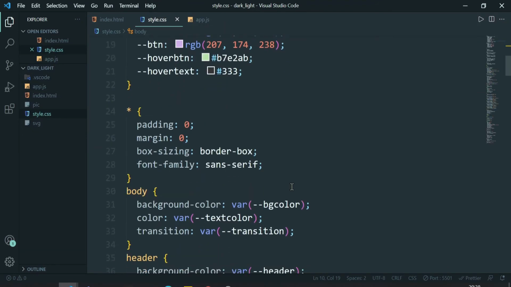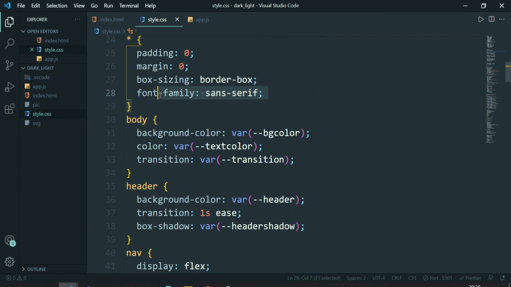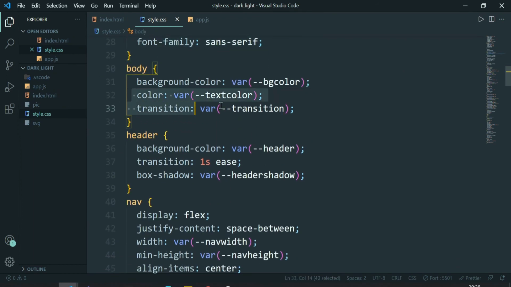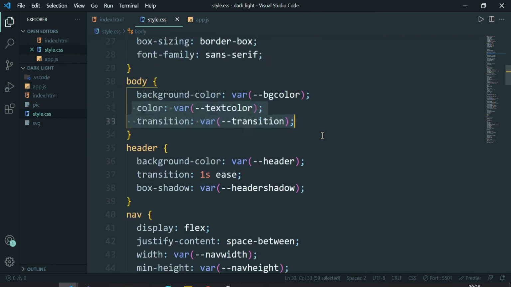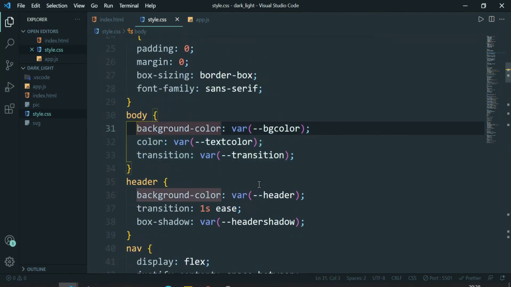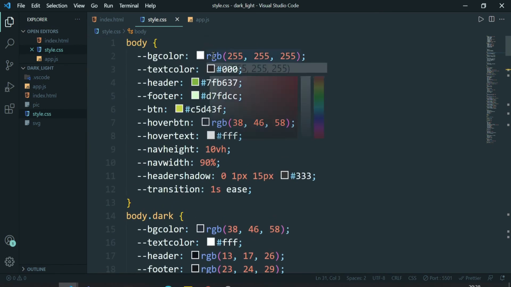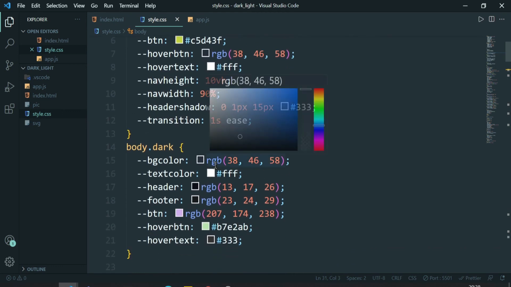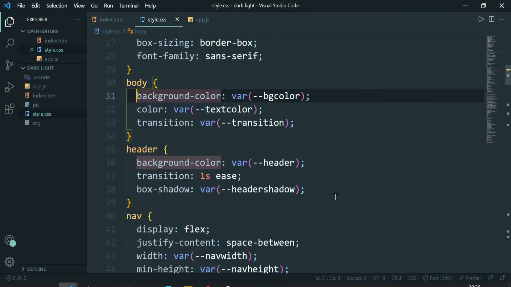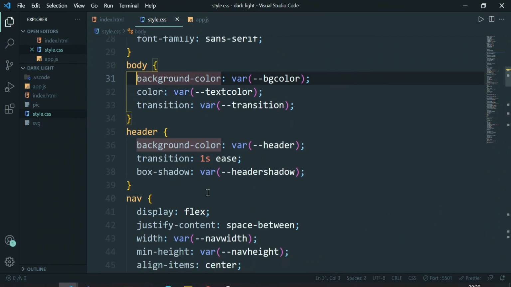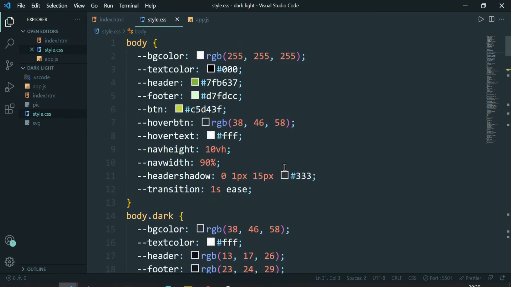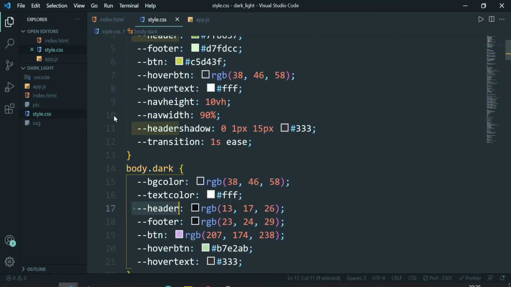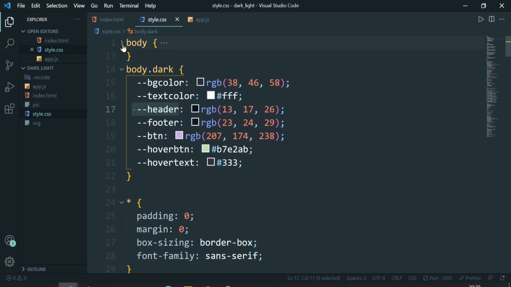And in my CSS file I have just added the colors and the positioning and transition to everything. So let's go through this also once. In my body I have added a background color of a beige color, which will be shown if the class name of dark is not present, and it will be a blackish blue if the class name of dark is present. Then in my header I have also used the same thing, and we have the same variable names in both classes.